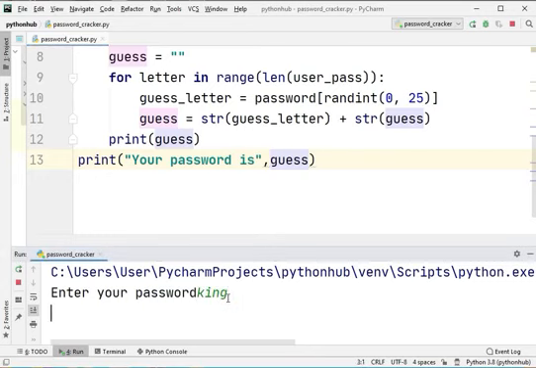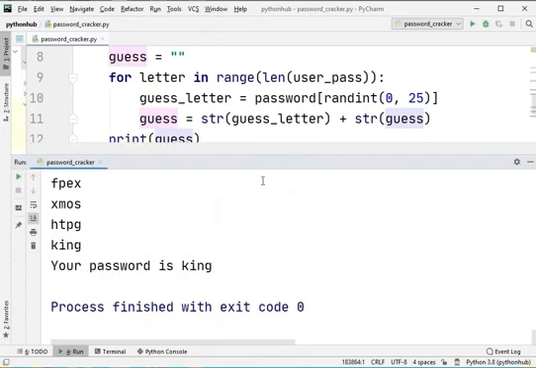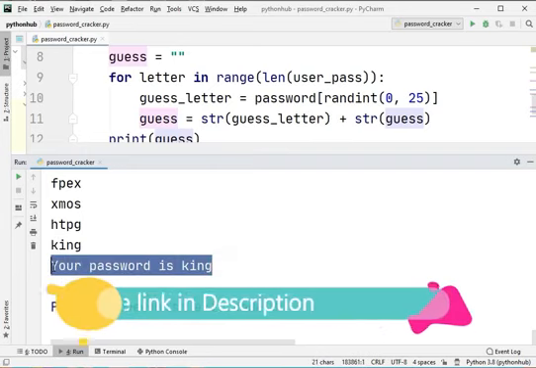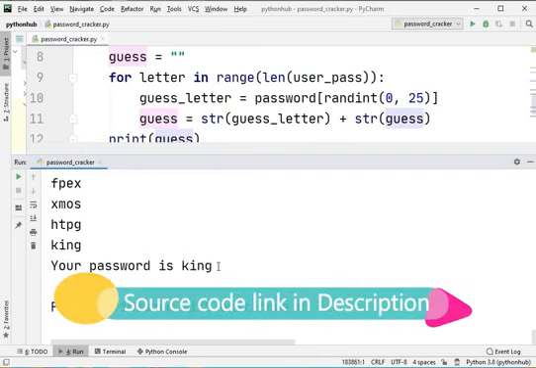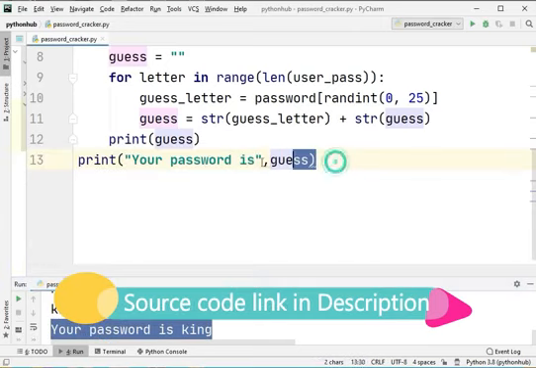King. It will take a little while to run. As you can see, when king comes, it gets terminated. That is, the while loop gets terminated and the last statement, that is this print statement, gets executed.